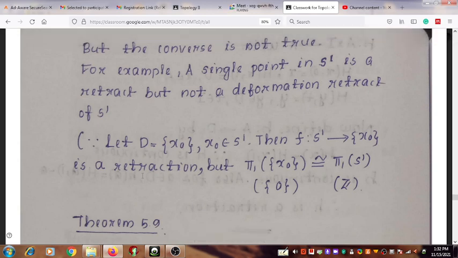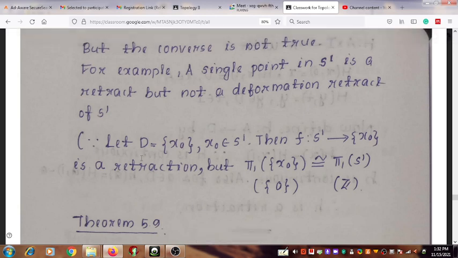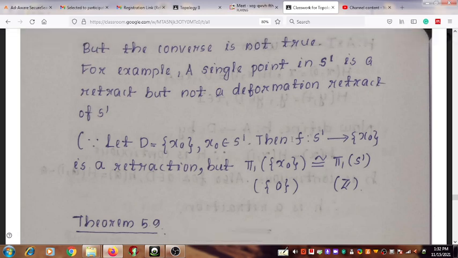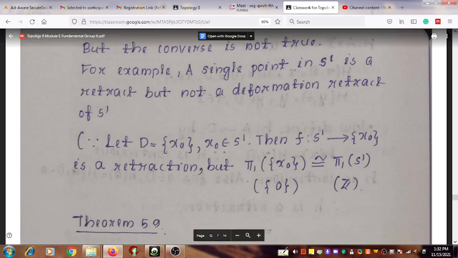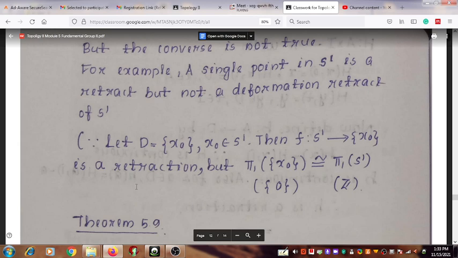So the single point is not a deformation retract of S1. For that, here we take the subspace D equal to {x0}, where x0 is an element of S1, and we take A equal to S1. Suppose there exists a retraction f from S1 to {x0}. Then